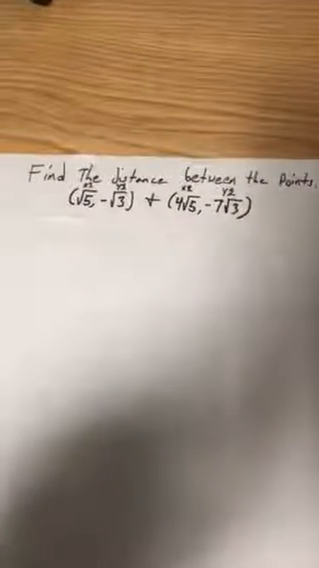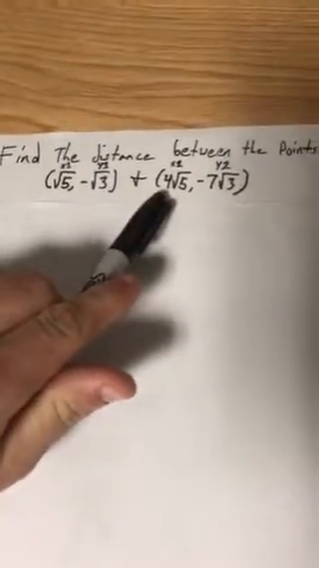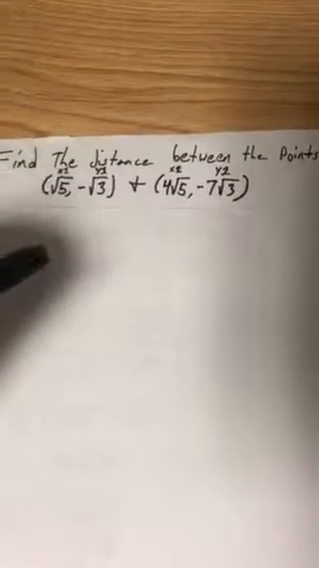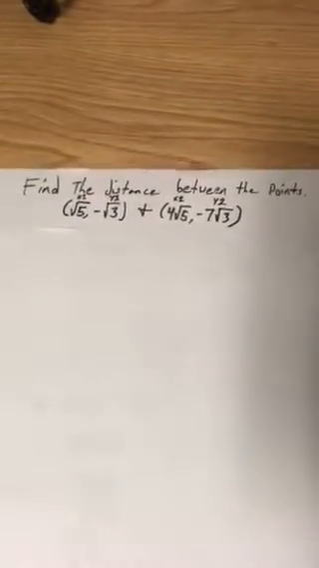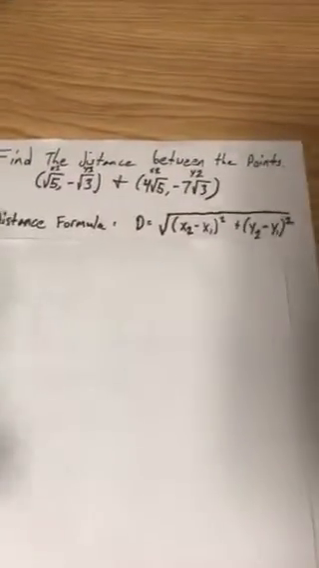Alright, so in this one we're going to find the distance between the 2 points. We have radical 5 and negative radical 3 for the first one, and for the second one we have 4 radical 5 and negative 7 radical 3. So what you're going to do is plug this into the distance formula, and the distance formula is